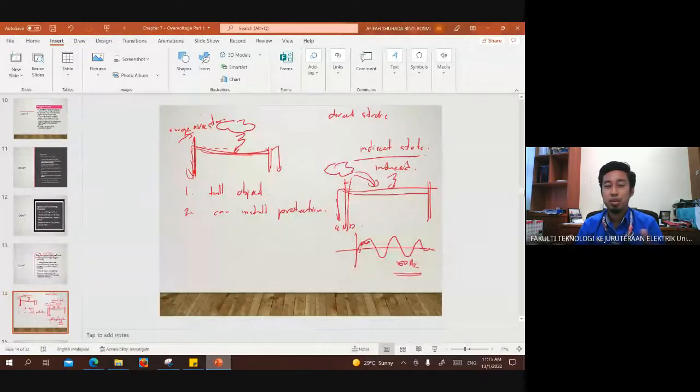So maybe they have a group of people near the point of the lightning strike. And so what happened to the people? So that's why